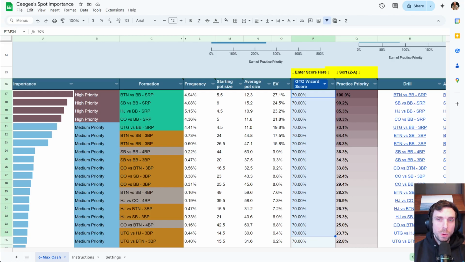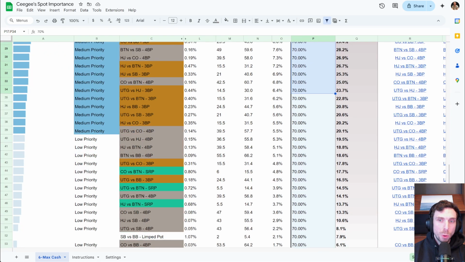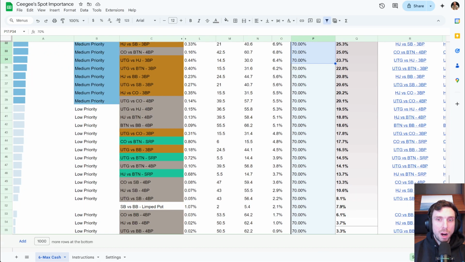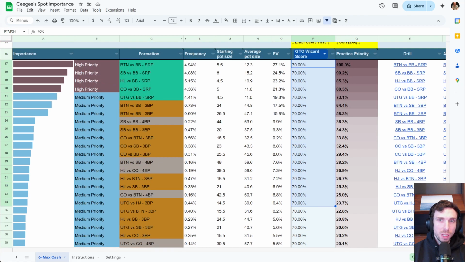So this is going to be the method. And over time, we should fill out this entire spreadsheet. We're going to see where our leaks are, so where the scores are the lowest. And then maybe at the end of everything, we can go back, understand the mistakes that we made and why we made them perhaps, and re-drill those and finish off this series with